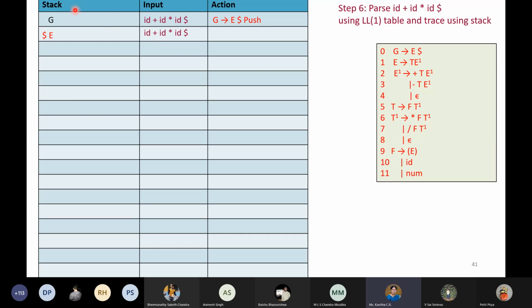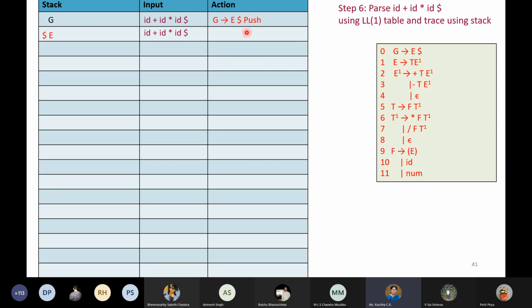Now what is the condition? My top symbol is capital E and I am still pointing to ID. Now you go back to your table and see at the row corresponding to E, when I am reading ID, what is the decision to be taken? It is nothing but rule number 1. Anyway, I have the grammar here and I know. If you want, you can download the PPT. It is there already. You can see there, and you can answer.